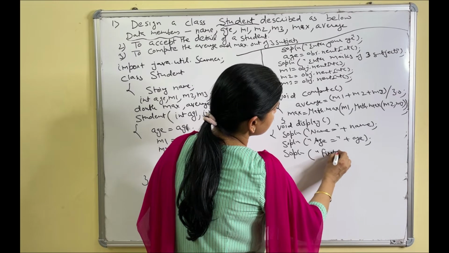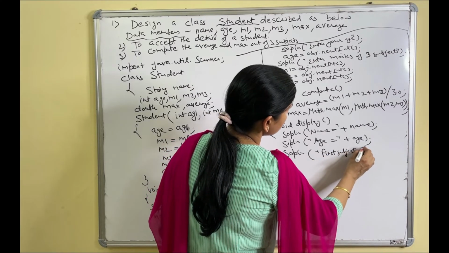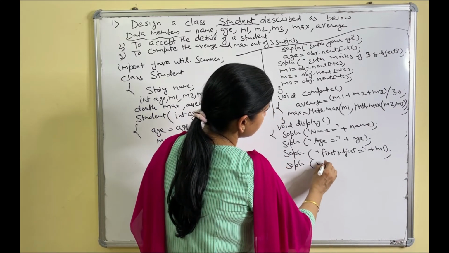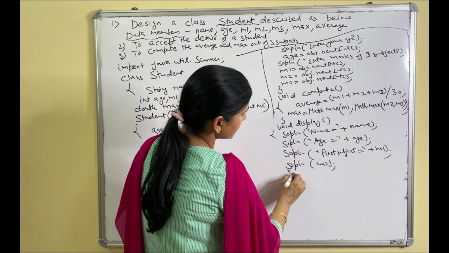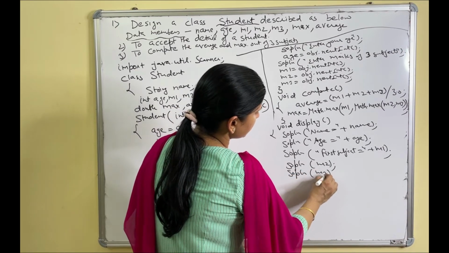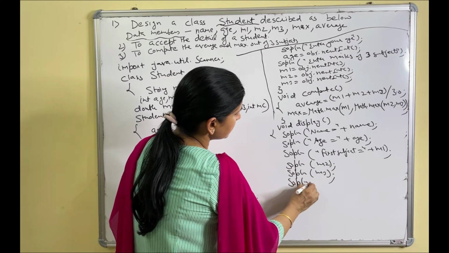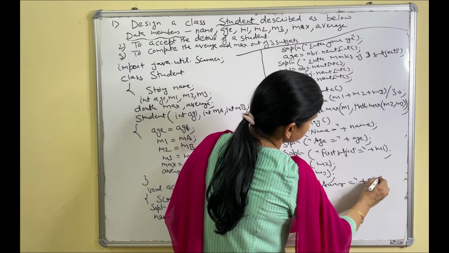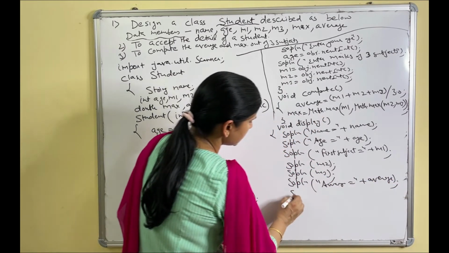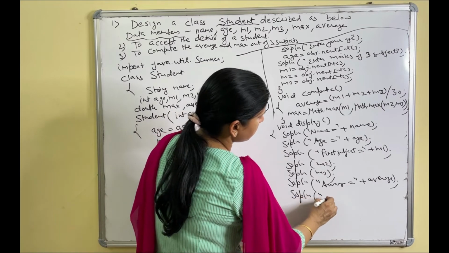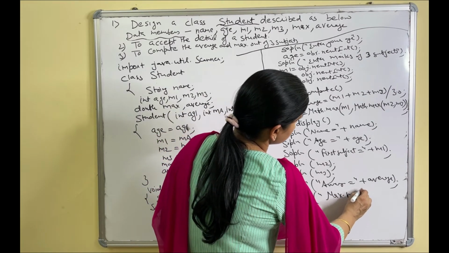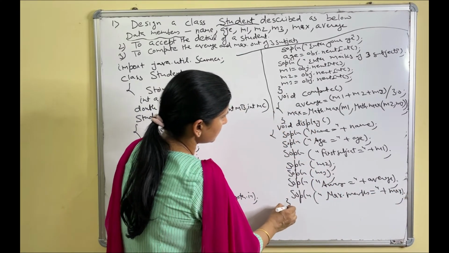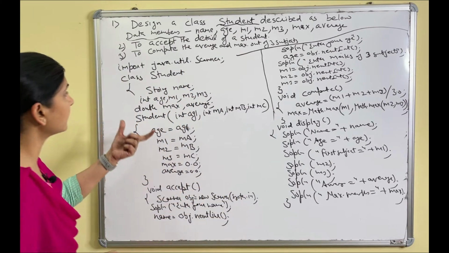First subject, here I am writing first subject equals M1, SOPLN. Same way M2, second subject marks, SOPLN M3, right? And then SOPLN average equals, the variable name average we have taken, SOPLN maximum marks, message, and the variable max, right? So these were the 4 methods. So 4 methods we have made.